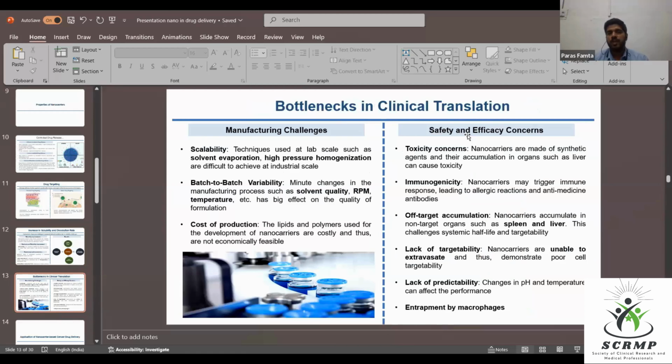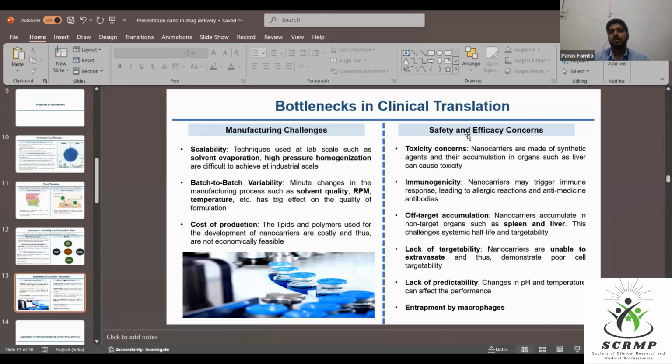Like I have told you, the solvent evaporation method. When we are making a small batch, like in the lab, we can do solvent evaporation, but we can't use this method when we want to make a dose or to make a batch that will be made for the whole market. Means a market size batch can't be made using this syringe and the beaker. We can't scale up this process, and there is a lot of batch to batch